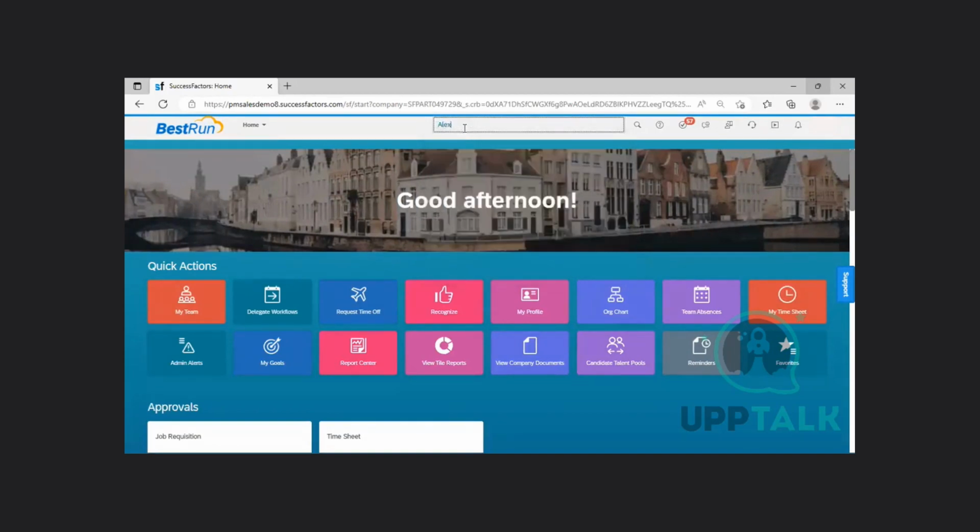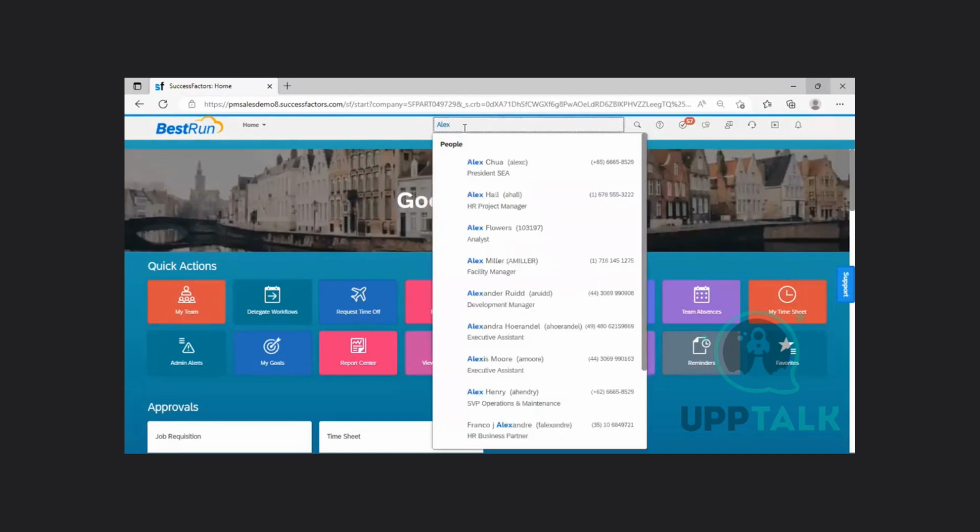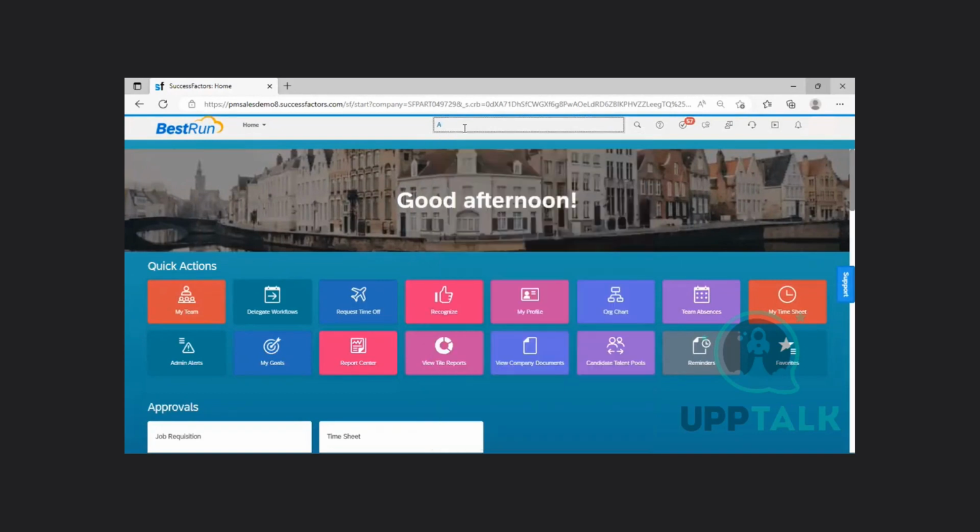So when I'm just searching with an employee name, I am able to search for any employee from here, from the global search. Second thing is that